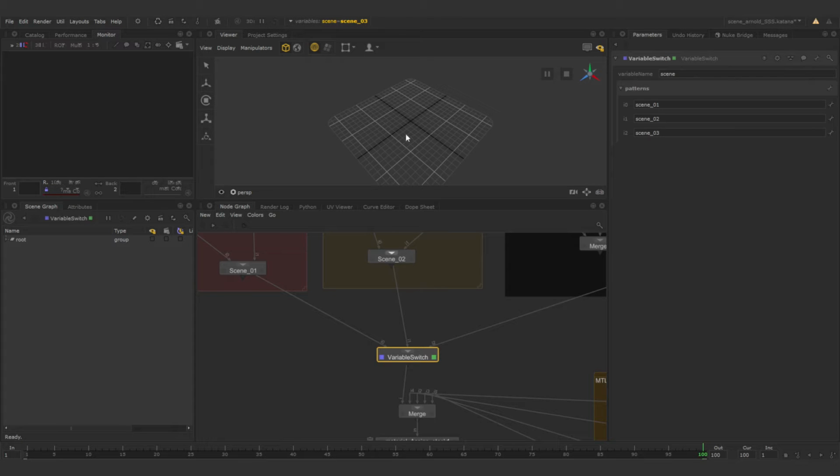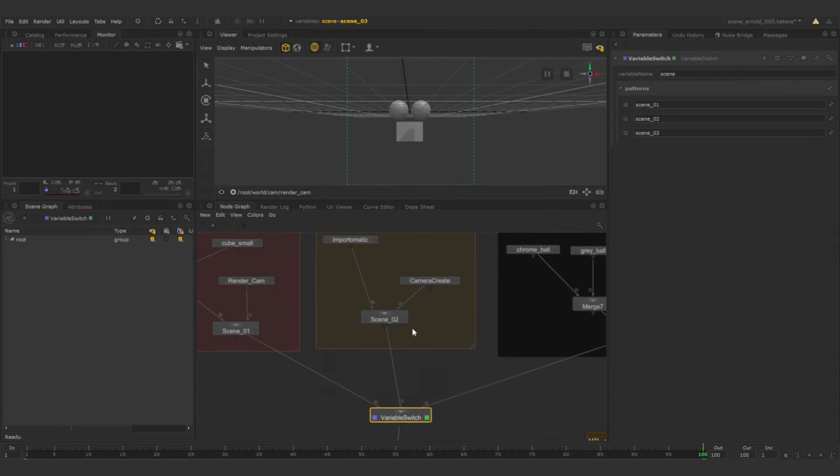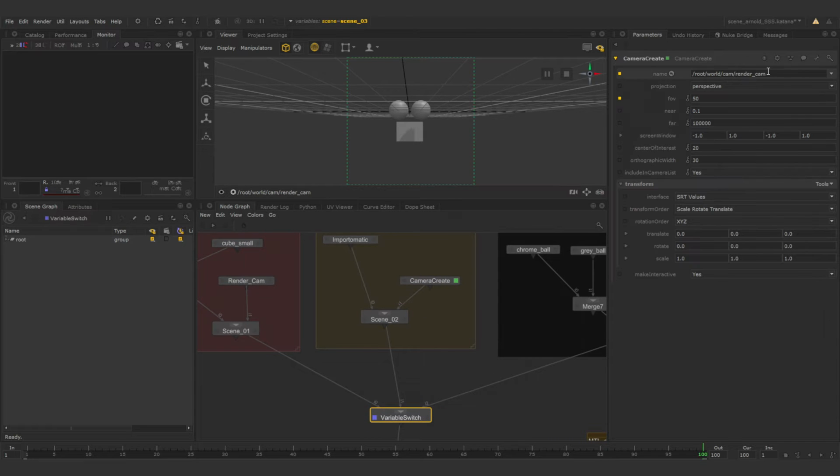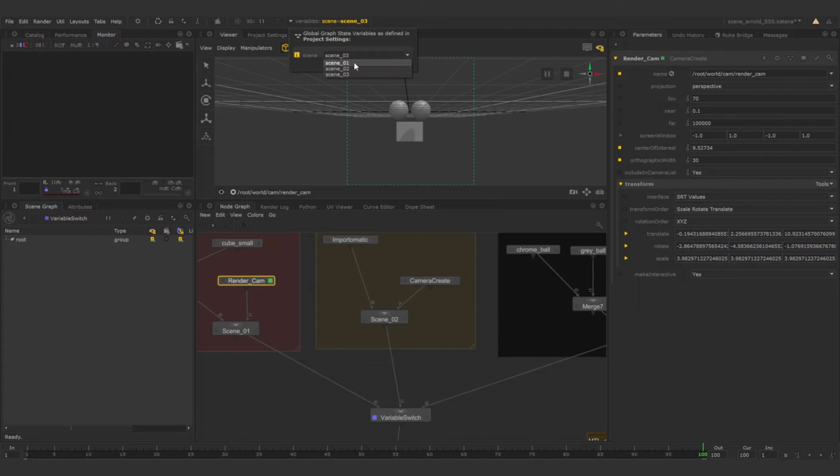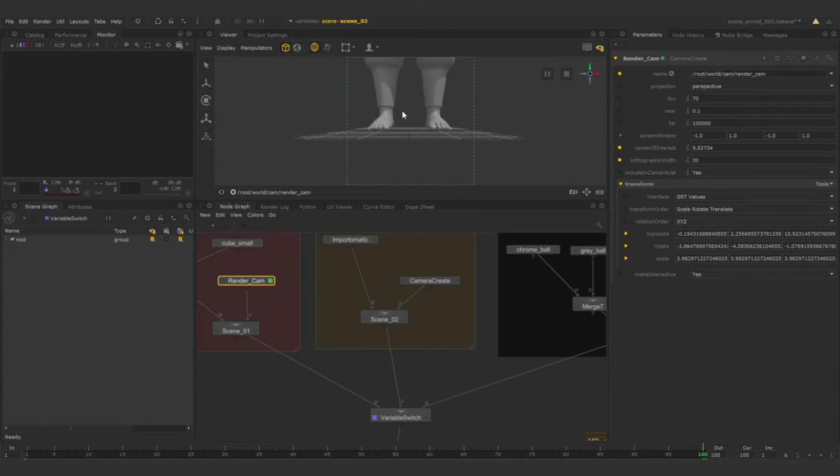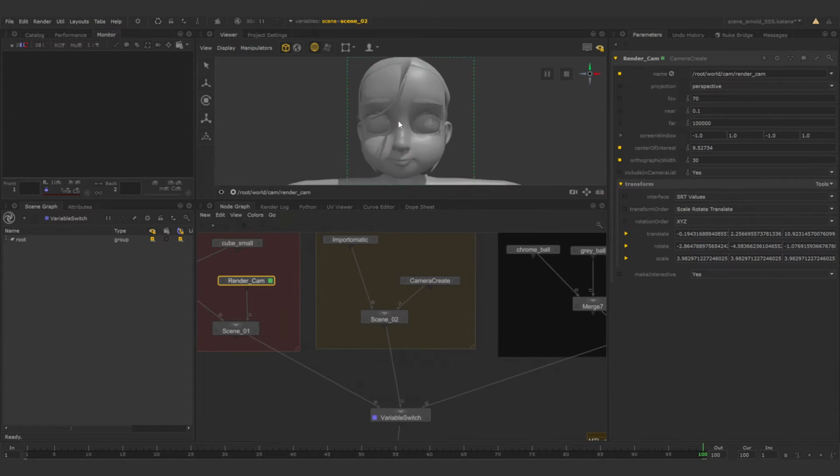So now if we view our variable switch, so inside of the scene graph under the eye, we can hit shift and click on the root, and that will allow us to view everything in the scene in our viewport. So now we're able to see everything. And the reason why we renamed that camera render_cam is because all of the other ones are called render_cam, and our render node later on is only going to point to that camera,